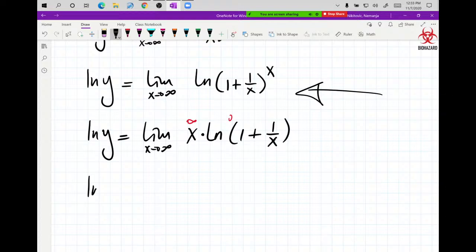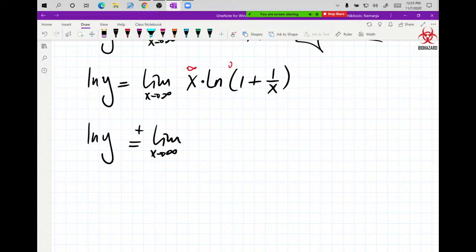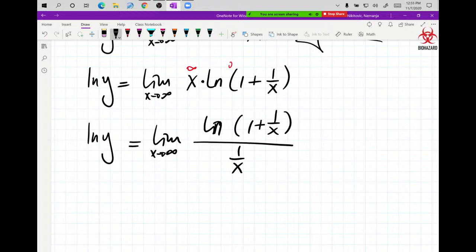So let's go. ln y, and then we are using L'Hopital. Oh no, not L'Hopital yet. I have to switch it first. So ln of 1 plus 1 over x divided by 1 over x. So this is where we use f is equal to 1 over f. That's what we have. All right, so now what we are going to do is take this